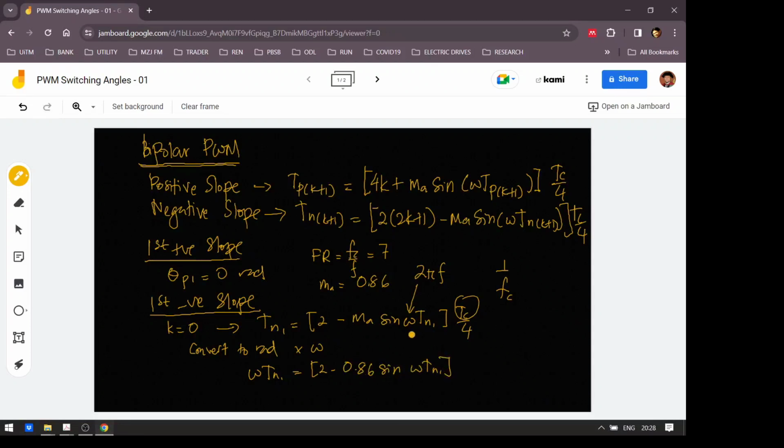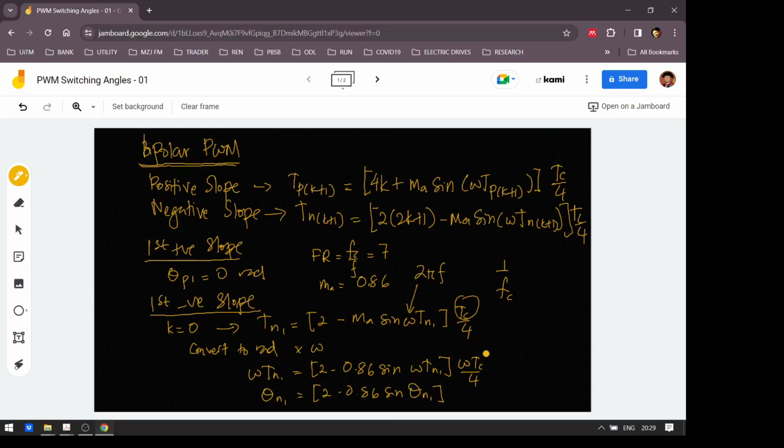This is the original from this, and we multiply as well omega Tc over 4. So both sides are multiplied with omega, and now we change that to theta n1 in radians, and we have 2 minus 0.86 sine theta n1 again,